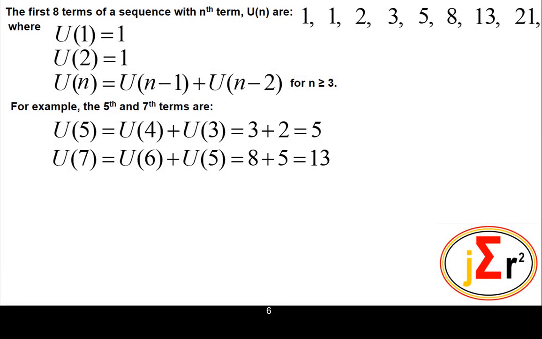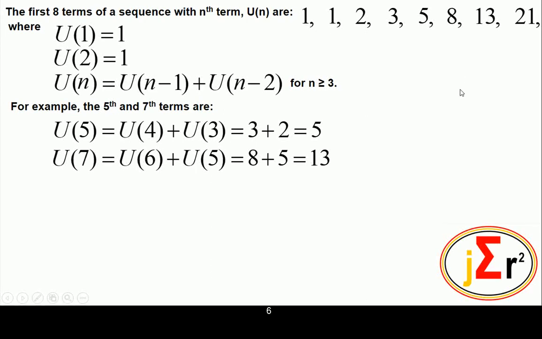We will continue the solution of the CXC CSEC May 2019 paper. And of course, number 7 is the one that most students and teachers had difficulty with, especially this section of the question that has to do with the first 8 terms of a sequence with nth term un, and we have the first 8 terms presented there, and they are 1 and 1. Of course, the first 2 terms are equal to 1, then the third is 2, 3, 5, 8, 13, and